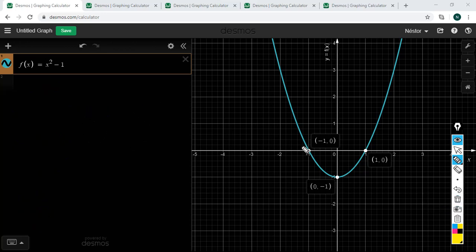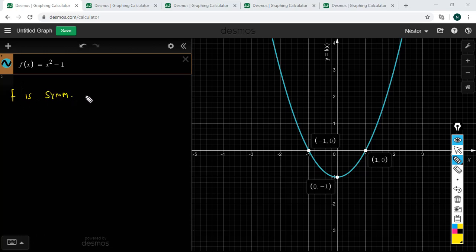Now let's check the symmetry of this function. What type of symmetry does this have? You know it right away, right? Just by looking at the graph. It's very simple. This function is symmetrical with respect to the y-axis. Now, how do we confirm that by means of analysis? The test is this. F is symmetrical